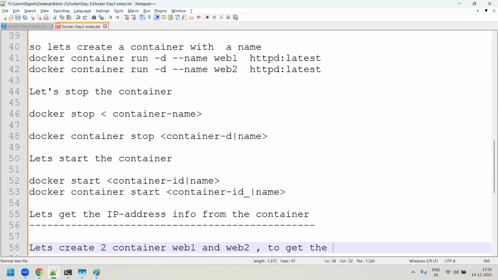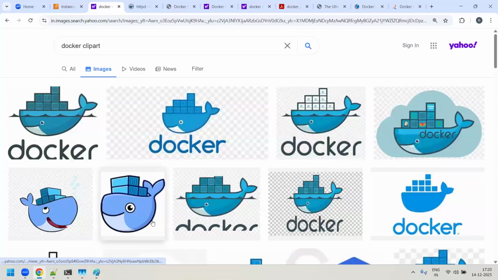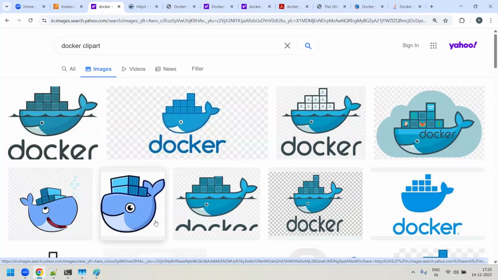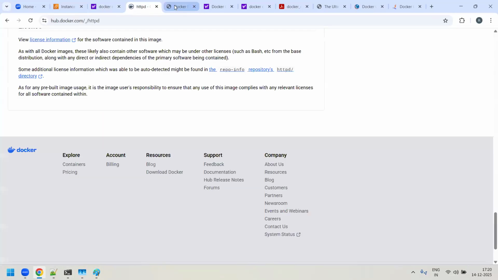To get the IP address of these two containers, we need to use the inspect option. We have to use the inspect option. How do you get the inspect option? For example, if you go here,